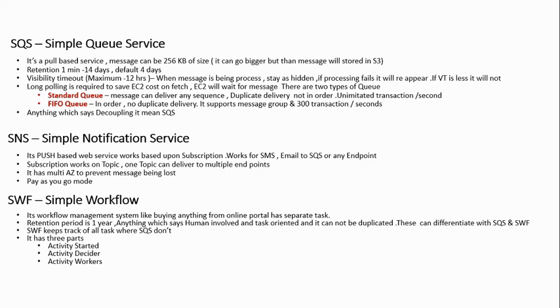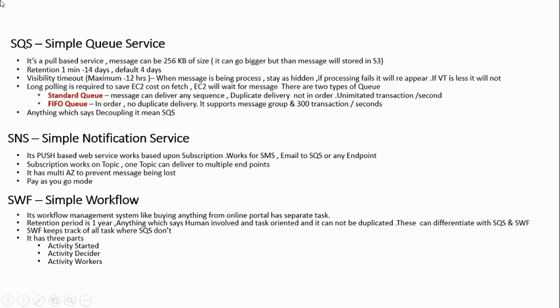For example, a money transaction cannot go into your standard queue. For that you definitely need a FIFO queue, which guarantees no duplicate delivery, and it supports groups of messages also. For example, you send financial messages into one group and booking details into another group, this way. But here we have a limitation. For standard queue we have unlimited transactions that we can send. For FIFO queue it's only 300 transactions per second. So you need to understand, based upon the situation in which you are going to get the message,